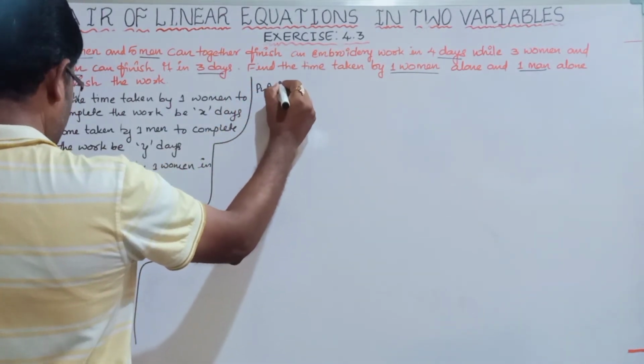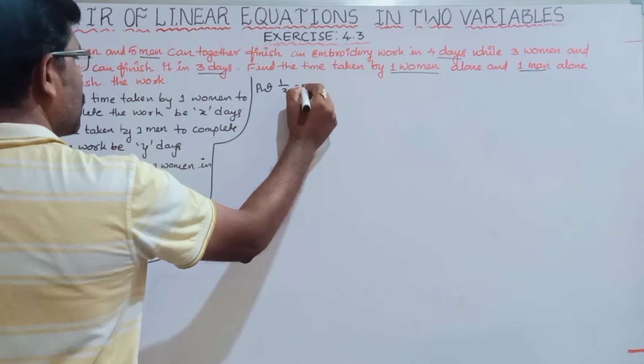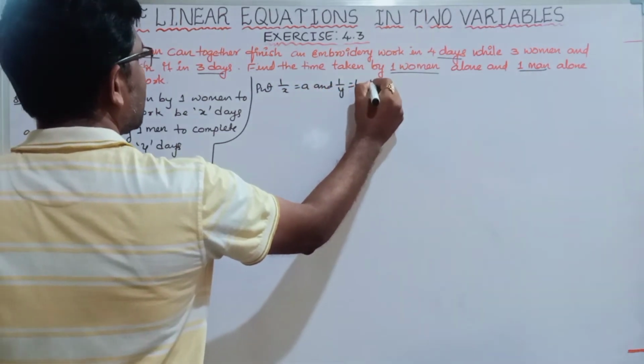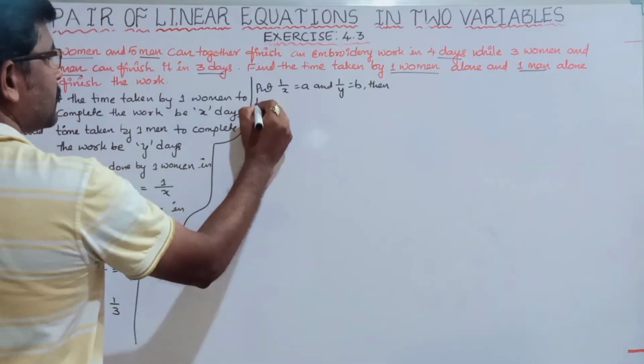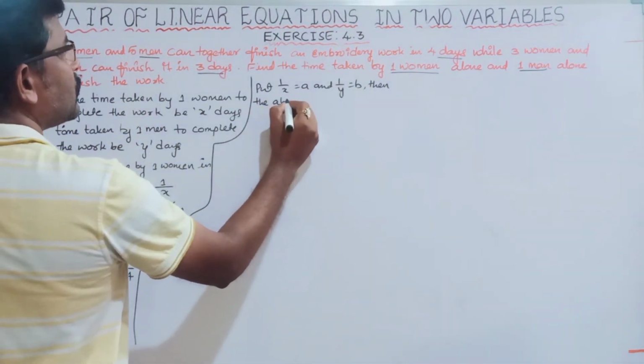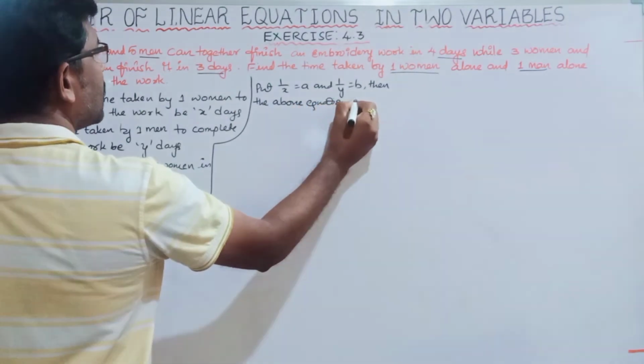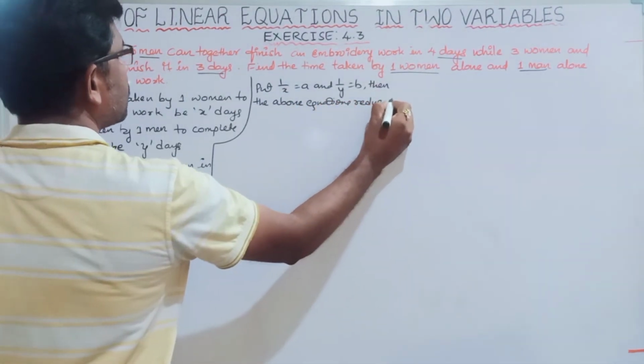Put 1 by x is equals to a and 1 by y is equals to b, then the above equations reduce to